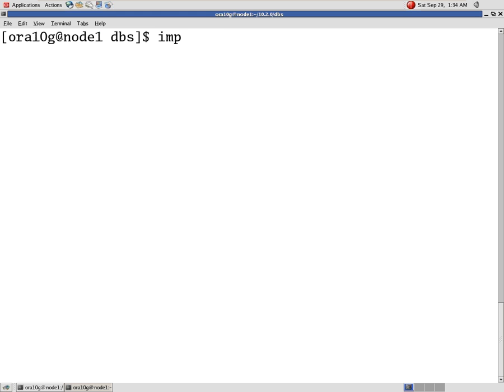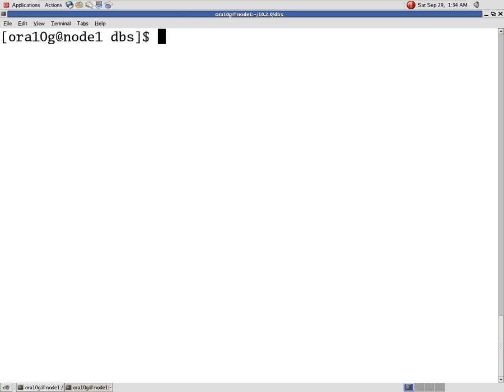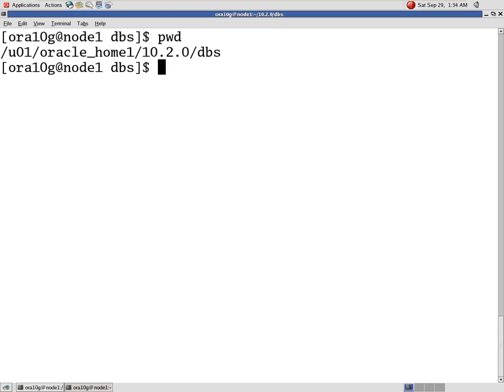Okay. I am doing the import here. File: where is my file? My file is present under the u01 log dk directory, and here I am having a file. Or if I am in a remote location also, you can specify like this. Where is my path? My path is here. So I want to import file equal to, where is that file? Under the u01 log dk location, there I am having the start user no rows file, without rows.